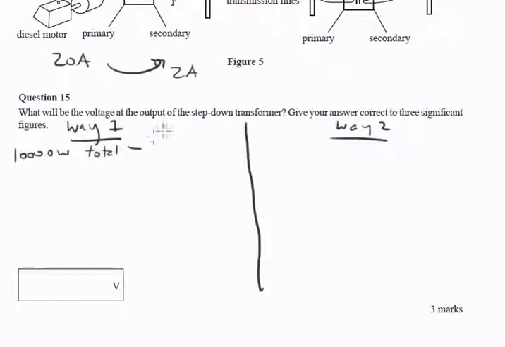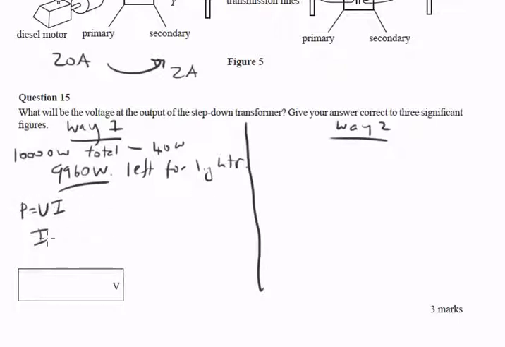minus, how much is used in question 14? We used 40 watts. So that means we have 9,960 watts left for the lights. P equals VI, so divide both sides by V, you get I equals P over V. Oh no, we want to find V, so P equals VI, divide both sides by I. V equals P over I, which equals 9960 divided by,